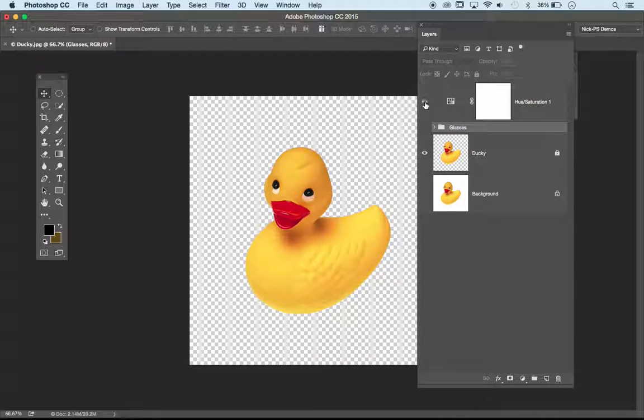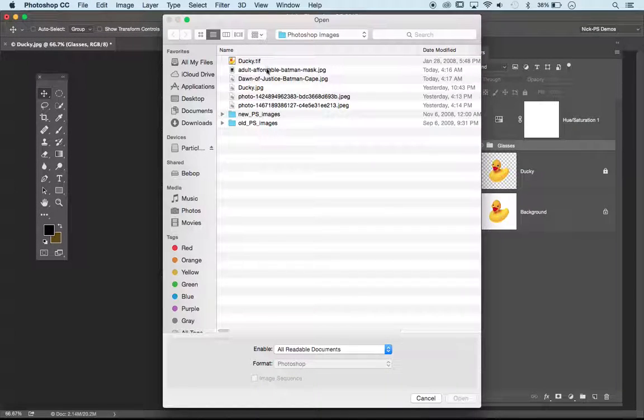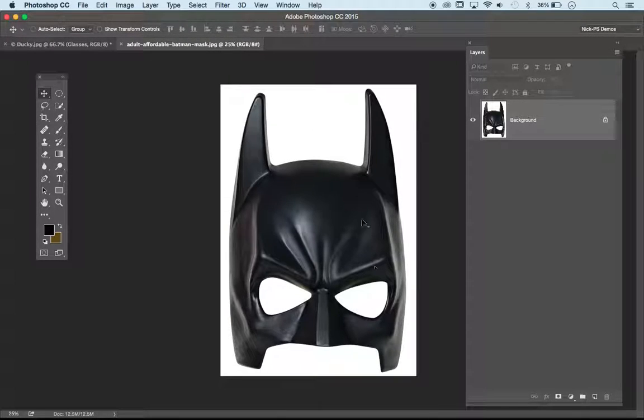So we have paint layers, we have adjustment layers. Now let's look at image layers and see how those things work. So I'm going to open up some stuff here for us. I found this image on the internet of this adult affordable Batman mask. And so I'm going to select our magic wand tool. I'm going to grab the background, and I'm going to grab the eye holes